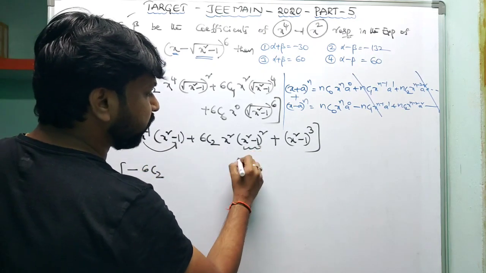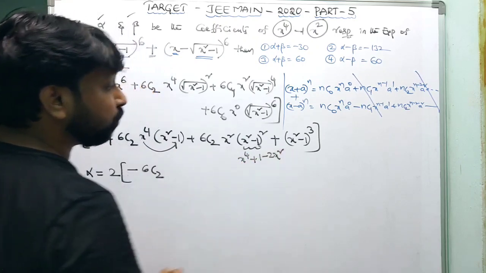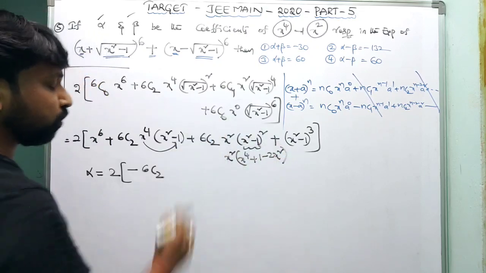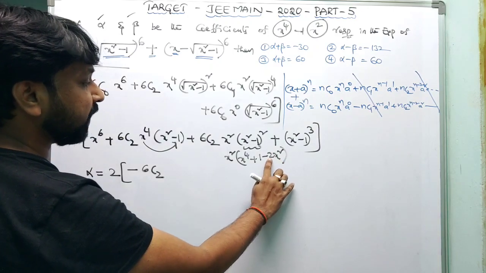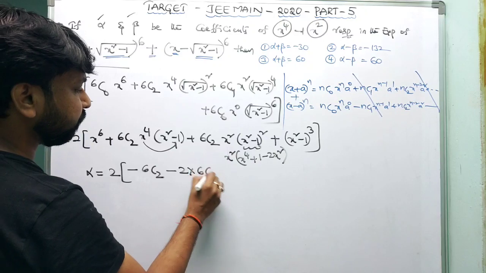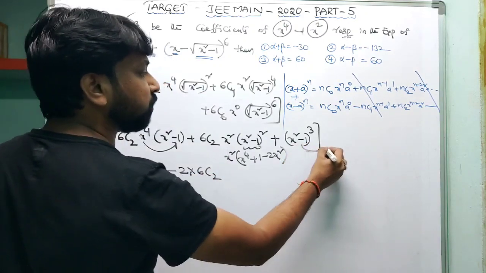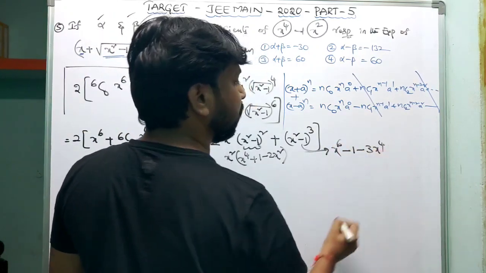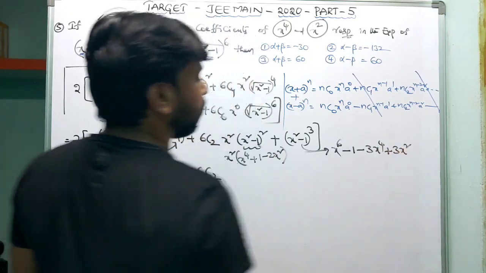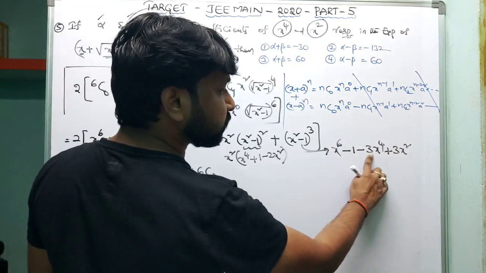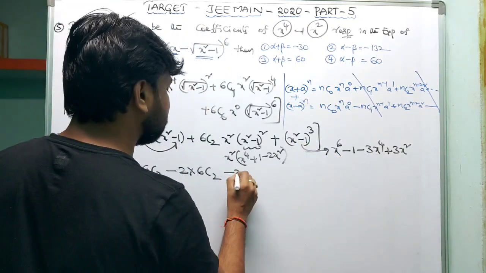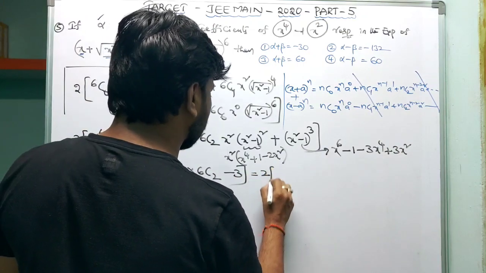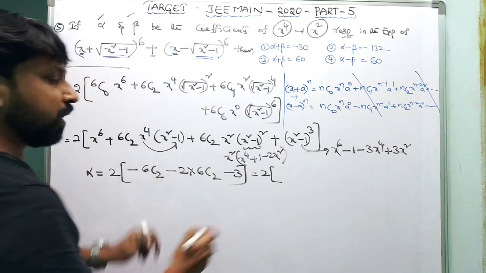Next, if you simplify, you get x^4 plus 1 minus 2x square. You want the x^4 coefficient only. If you multiply x^6 with x square, you get x^4, yes, so the x^4 coefficient is minus 2 into 6C2. Next, coming to here, if you expand this one, (a minus b) whole cube is a cube minus b cube minus 3a square b plus 3a b square. You want the x^4 coefficient, and that is minus 3 only. Just write down minus 3 here. Now this is alpha. So alpha is 2 times of minus 6C2 minus 2 into 6C2 minus 3